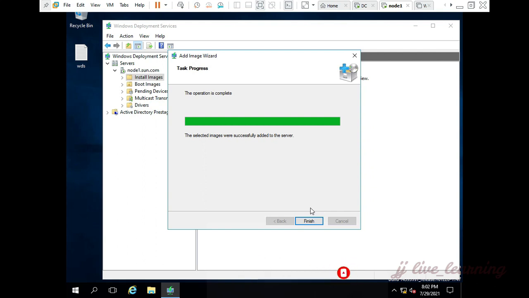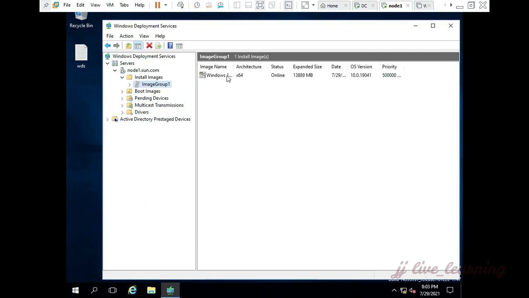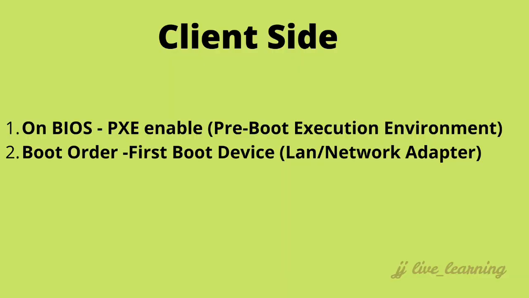Now the image will be stored on your G drive in your WDS directory. You can see here all the images will be present. The install.wim image as well as the boot image will be served. On your client side, you have to enable PXE boot in your BIOS and change your boot order to LAN.